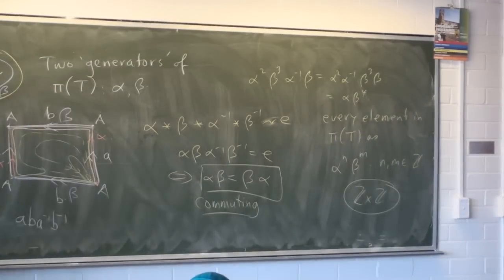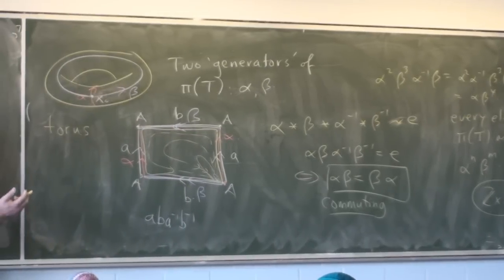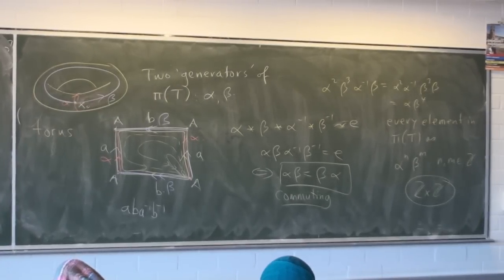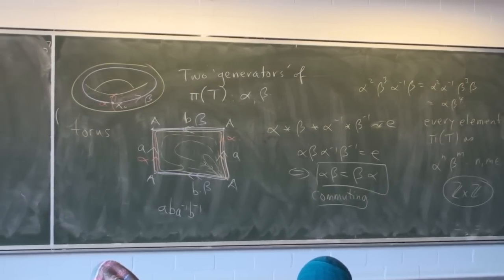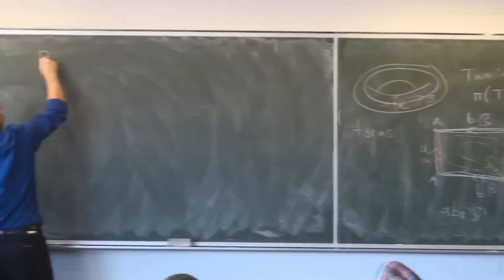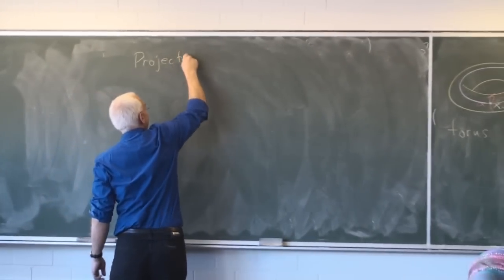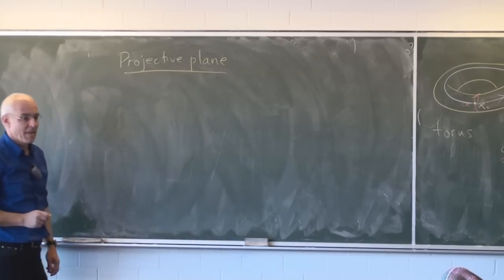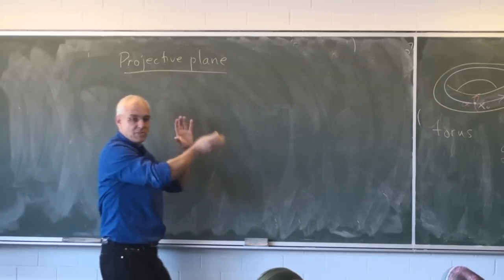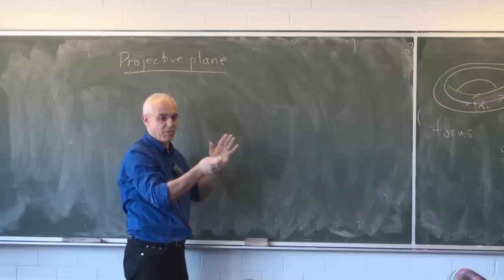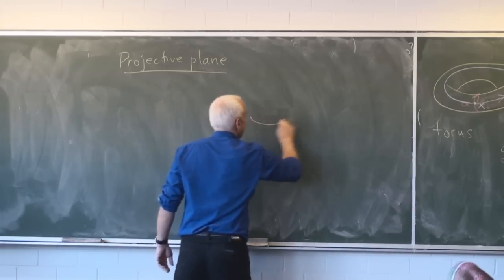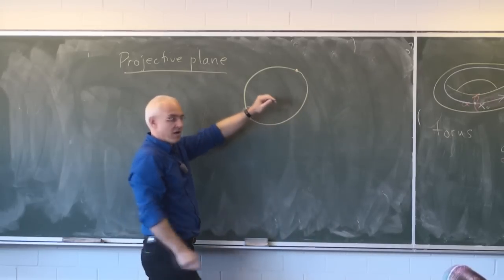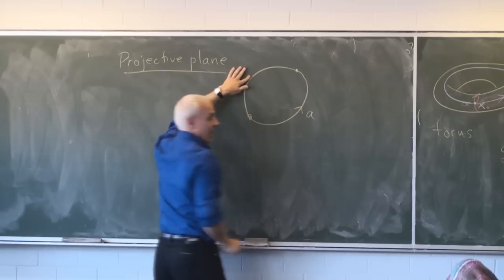So as a group, we could say it's Z cross Z. Now this idea here is an idea that generalizes. So for example, if we look at the projective plane, then instead of trying to draw some complicated picture, it's best if we just stick with a polygonal representation. And there's a very simple polygonal representation that only has two edges. Our fundamental cross-cap, A.